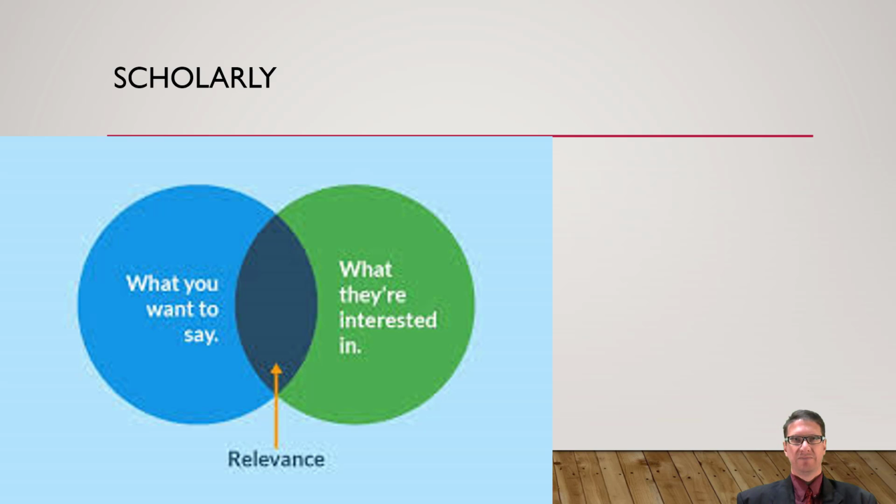If you're writing a paper, there's always this junction between what you want to say and what the audience wants to read. It's relevant when you have some overlap between those things. The same is true when you're reading. You want to try and find something that really meshes with what you're interested in. There are good sources and bad sources for trying to find this information, and we're going to go into some detail around that.